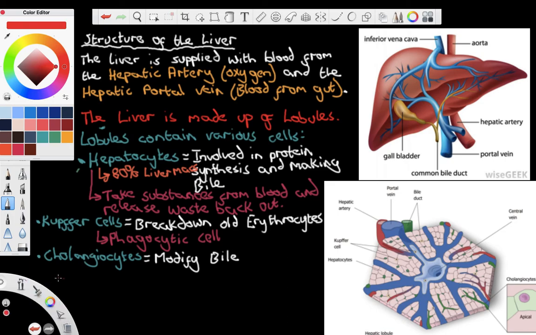So instead of capillaries, the liver has sinusoids. And we can define these